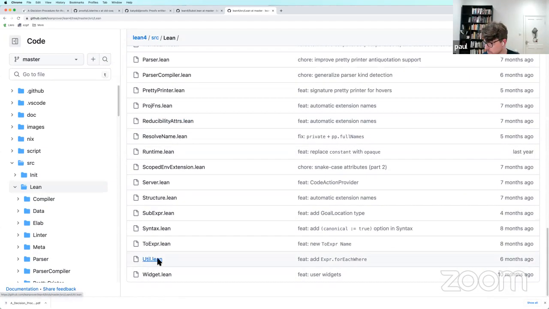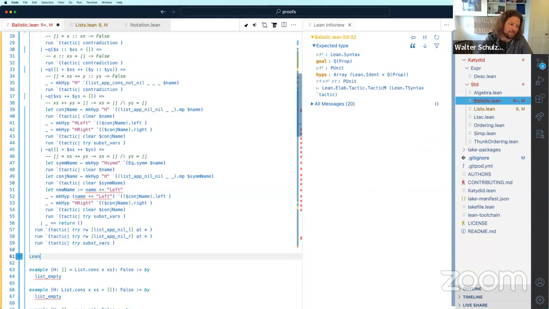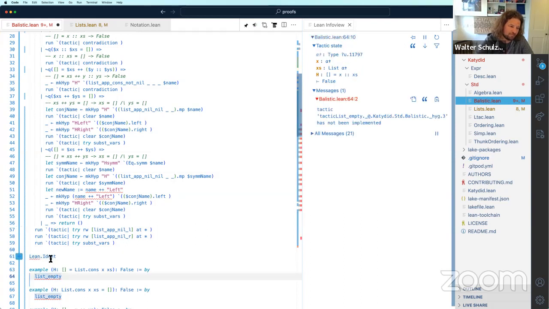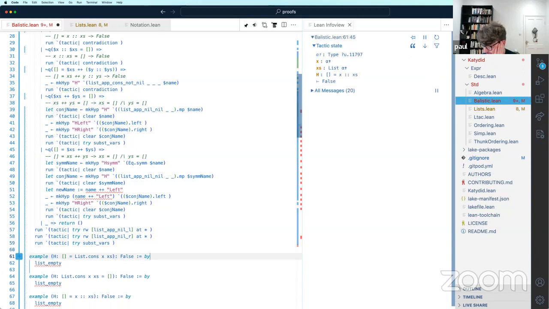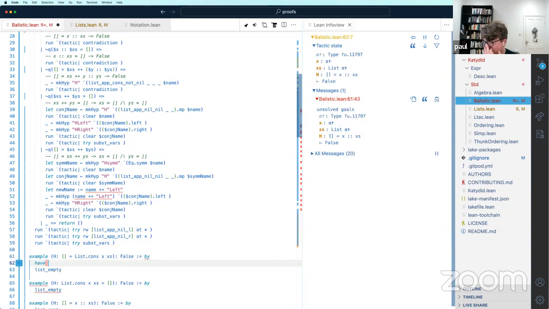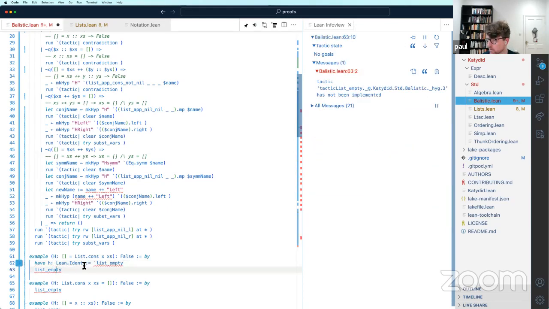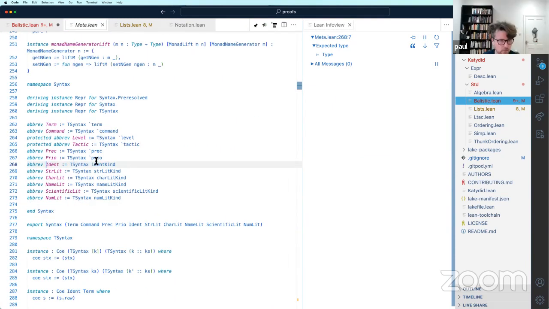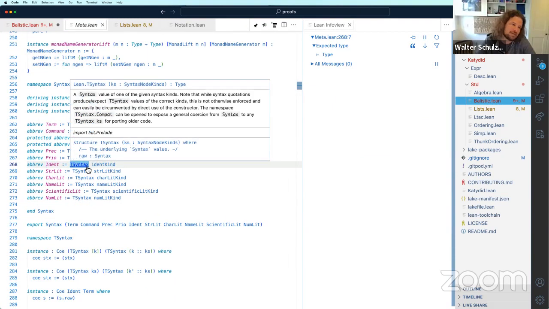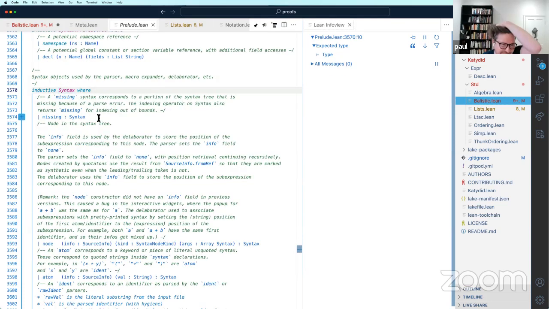Why aren't you clickable? There we go. Oh, found it. Okay. Yeah. Syntax .raw. It will give me, yeah, syntax. Let me try that. And then